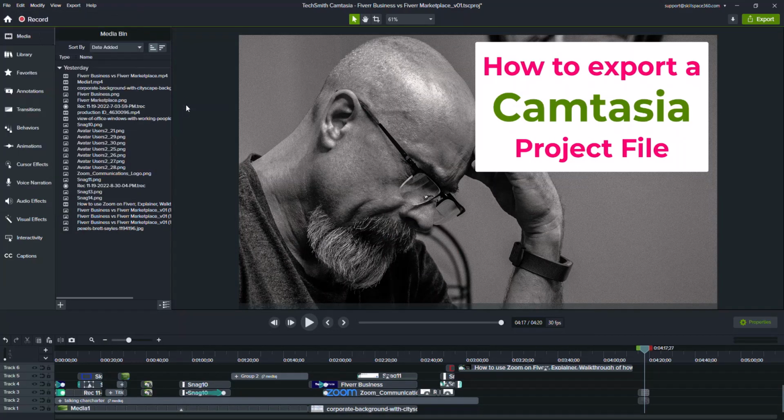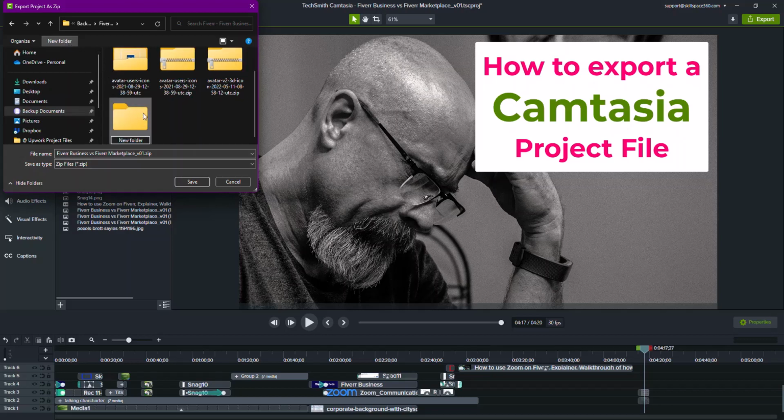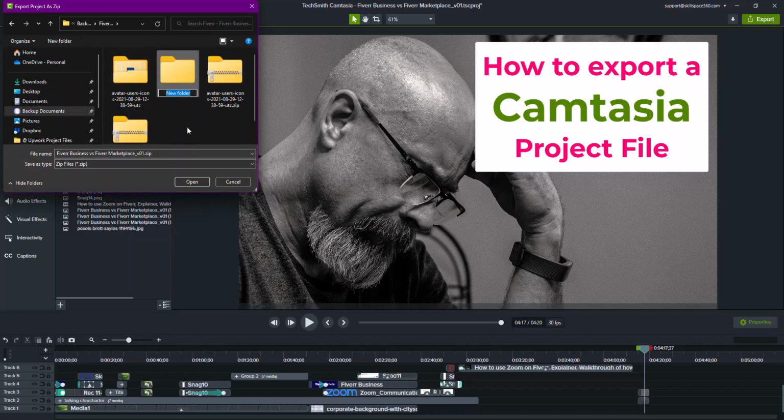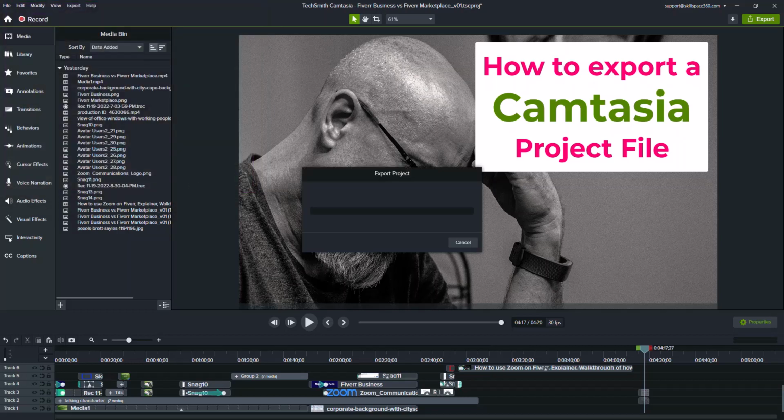So when you export as a zip project, now that we have the export into the zip file, I can create a new folder just for organization purposes, for no other real reason. So I'll name the folder, put it in there, and I'm going to save it. The reason why I wanted to do that as well